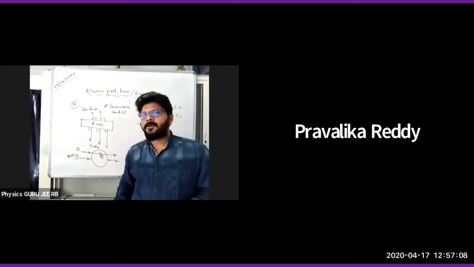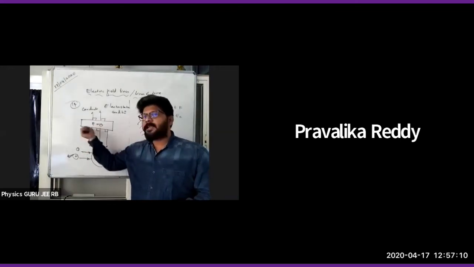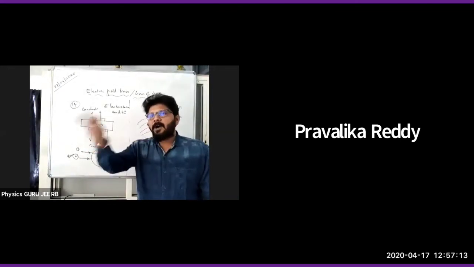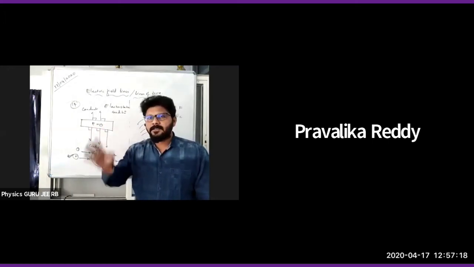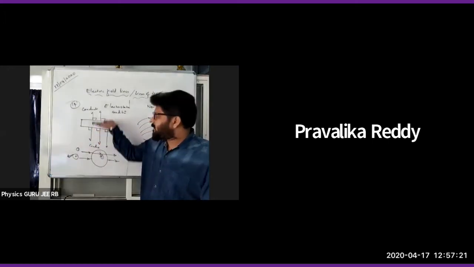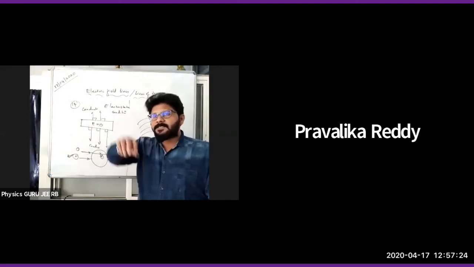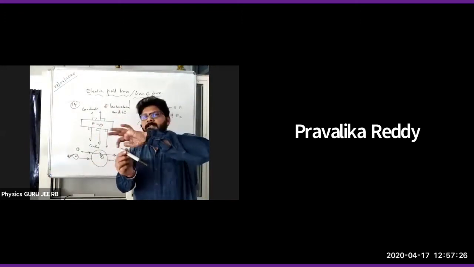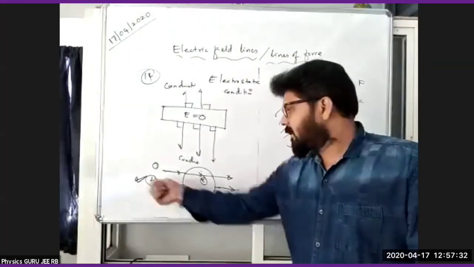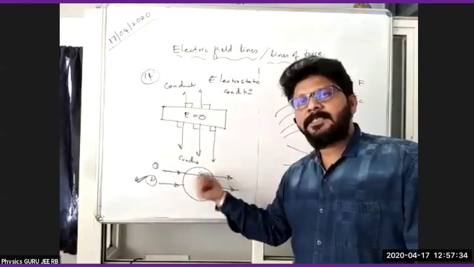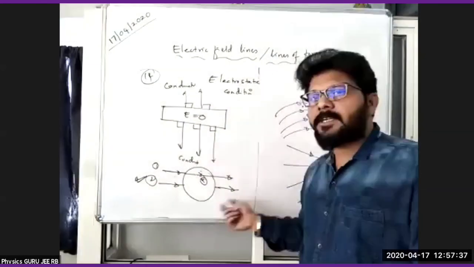14th point. There is no electric line inside the conductor. Only outside will it be available. Inside the conductor, electric lines are not there. Is it clear? They will only be away from the conductor based on the surface. If this is the surface, outside it will be there. There is no inside under the electrostatic condition. If this is the conductor, an electric line passing inside here is not possible. Only outside, in the electrostatic condition.